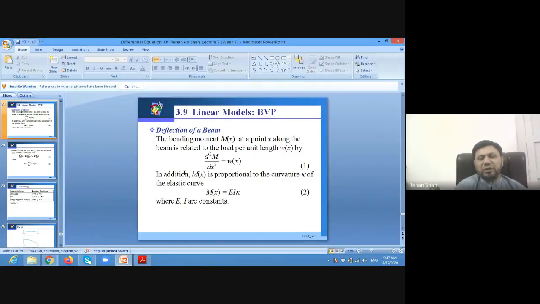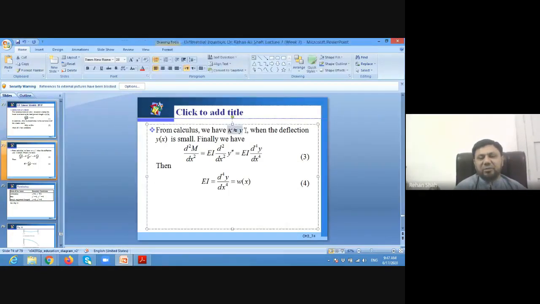So M is actually proportional to the curvature. EI is the constant; it depends on the material constant. What is K? K is curvature, and curvature is approximately equal to the double derivative of y. So if you replace this M by a double derivative, since M already has a double derivative, it becomes the fourth derivative. So now this equation is actually